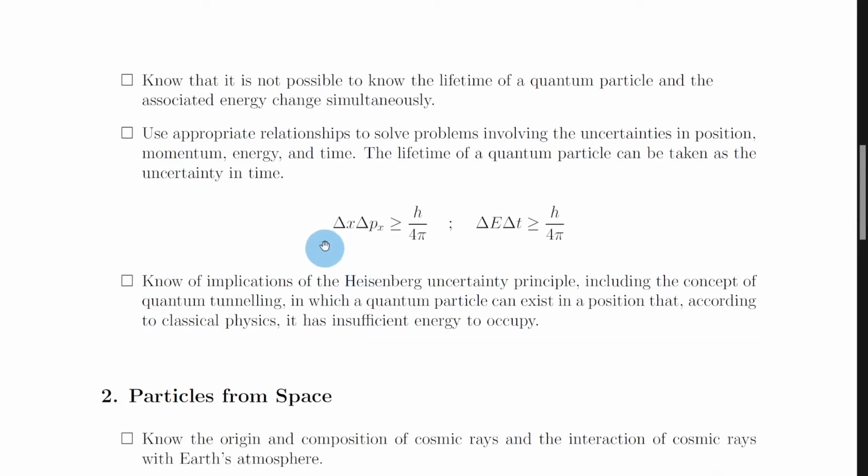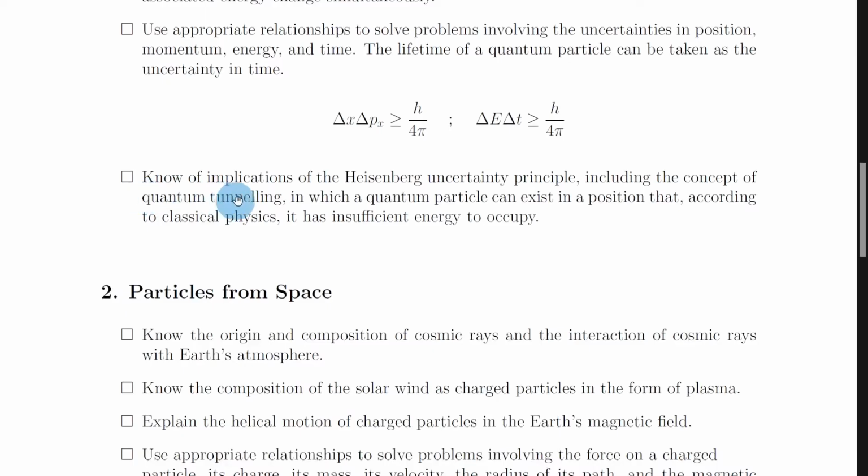So you need to be able to use delta x delta px is greater than or equal to h over 4 pi, and delta E delta t is greater than or equal to h over 4 pi. Lastly, for section 1, you should know of implications of the Heisenberg uncertainty principle, including the concept of quantum tunneling,